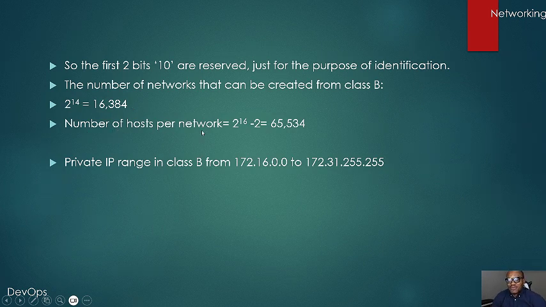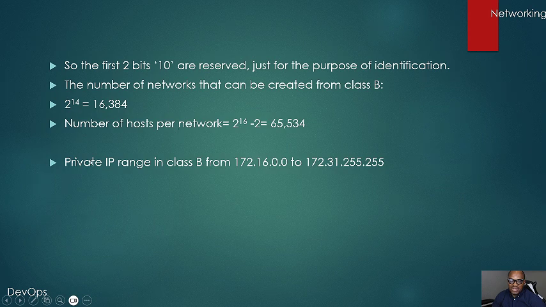So the number of possible hosts per network will be 2 raised to the power 16, because we have 16 bits left for the host, and we remove 2, and you get 65,534 after you remove the broadcast address and the network address. So the Class B private IP address ranges from 172.16.0.0 to 172.31.255.255. So every private IP address is not internet routable. All other ones are